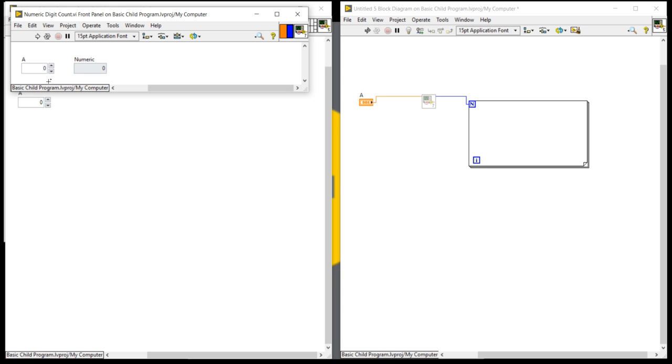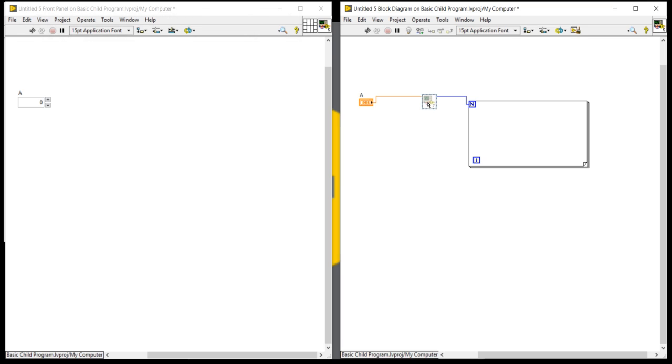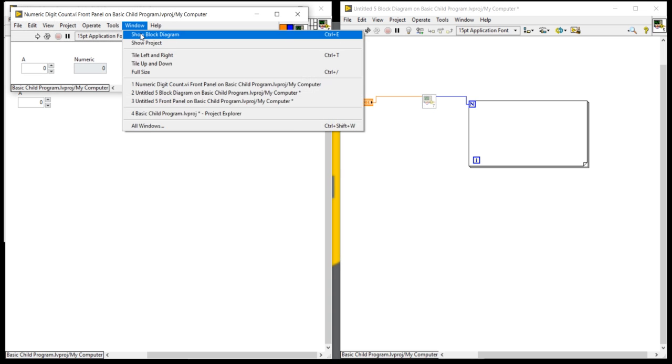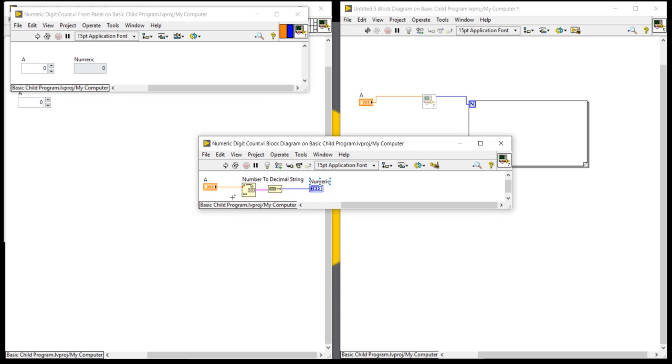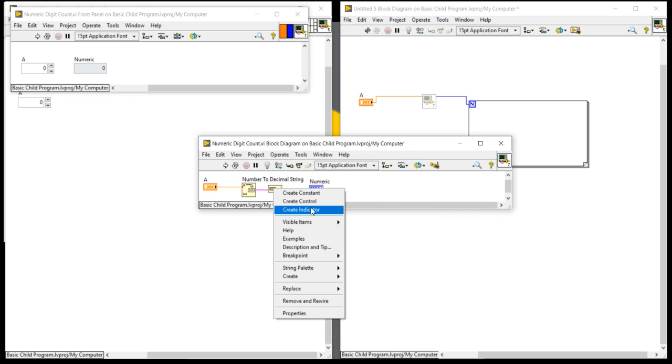So what is present inside? Inside, this logic is present: number to decimal string and string length.